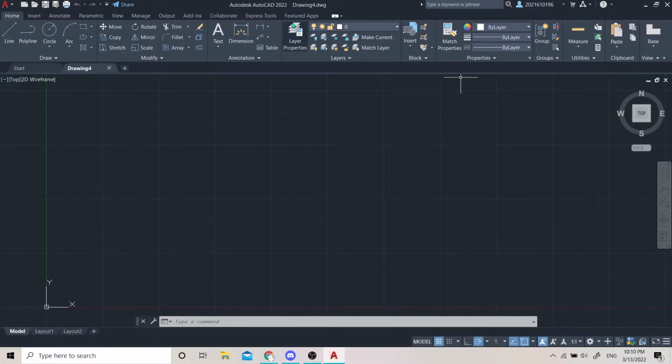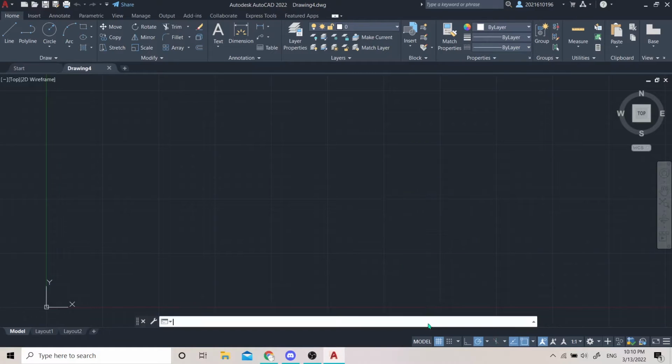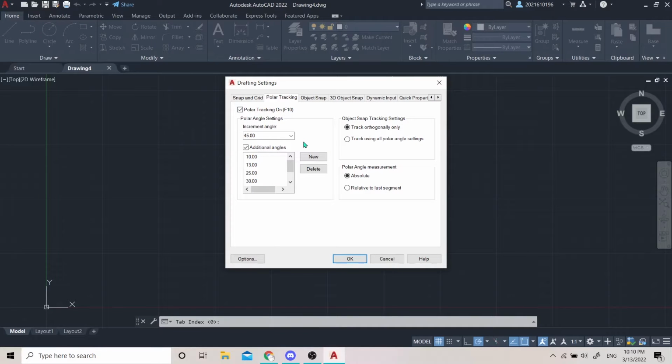Hello guys, so we're gonna learn about chapter 2, which is basic drawing tool. In this video I'm gonna teach you some commands in the ribbon area, but before that you need to adjust your status bar. First I use model layout, and then I use grid snap, and then I also use polar tracking, which is 45 or 90. For polar tracking, you open the setting, and then you can put any angle